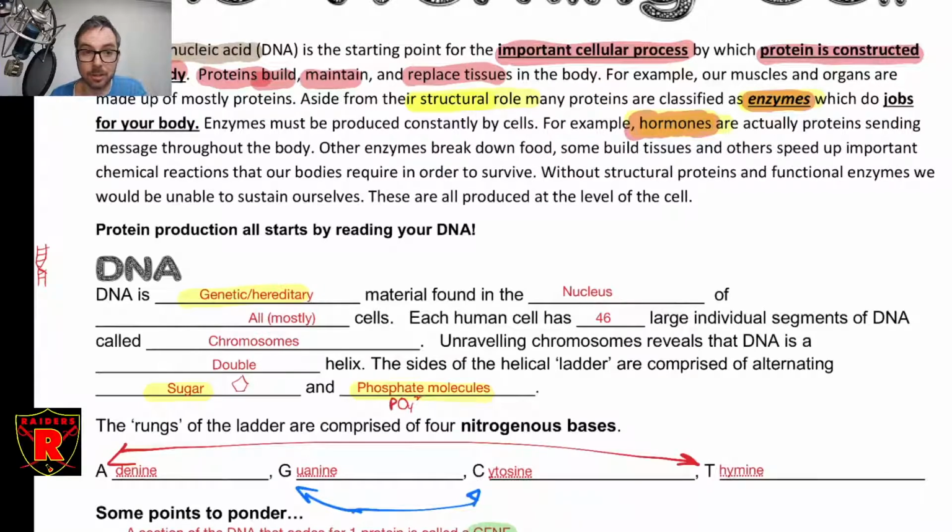Growth as well. It triggers the production of human growth hormone, HGH, which increases your growth as a human. Again, interacting with a bunch of different cells in your bone plates and your growth plates in your bones and stuff like that to increase your growth. So that's all a system of hormone communication that's going on within your body, which are just proteins. There's protein signalers.